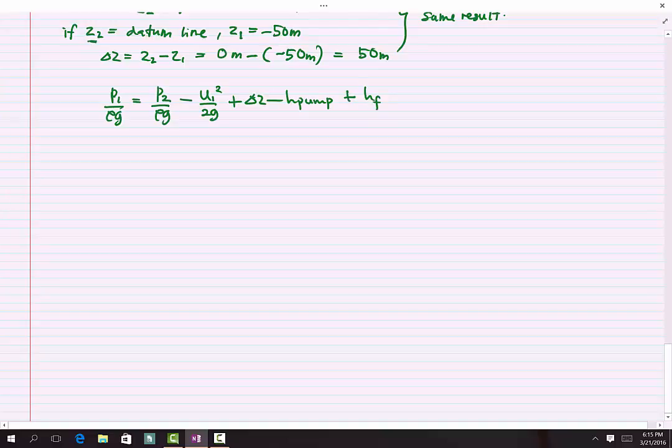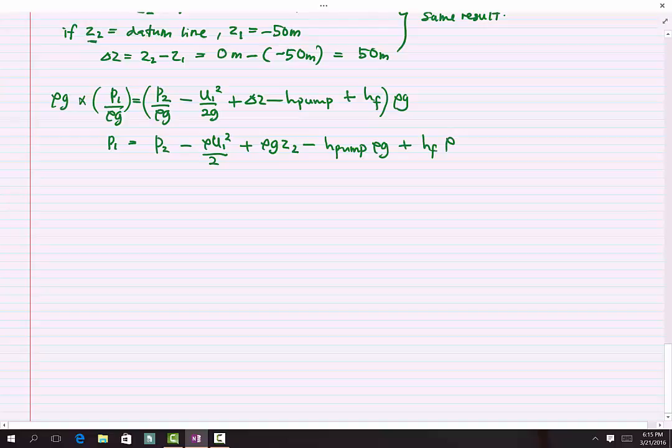Multiply both sides with rho G to cancel out rho G. So P1 equal to P2 minus rho U1 square over 2 plus rho G Z2 minus H pump rho G plus HF rho G. So substitute all the information